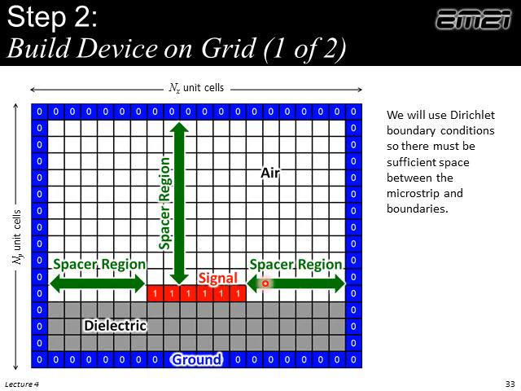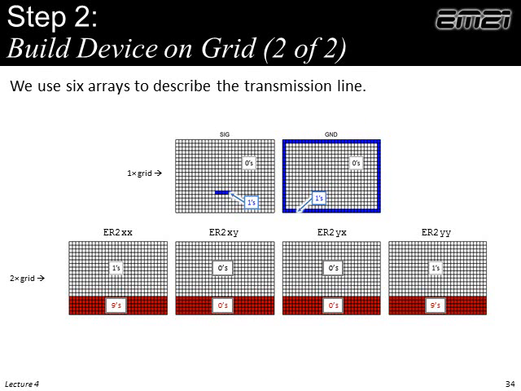And how do we determine the size of the spacer region? We look for a convergence. We keep making it bigger until the answer doesn't change much anymore. In our model, we will be building 6 different arrays. 2 of them will be on a 1x grid, and 4 of them will be on a 2x grid. Recall the 1x, 2x grid thing from the Computational Electromagnetics class. Same concept, because we're using this staggered nature, so it's easiest to go to a 2x grid when we're building our dielectrics, I think. On the 1x grid, we have 2 arrays, and in fact we could have more,